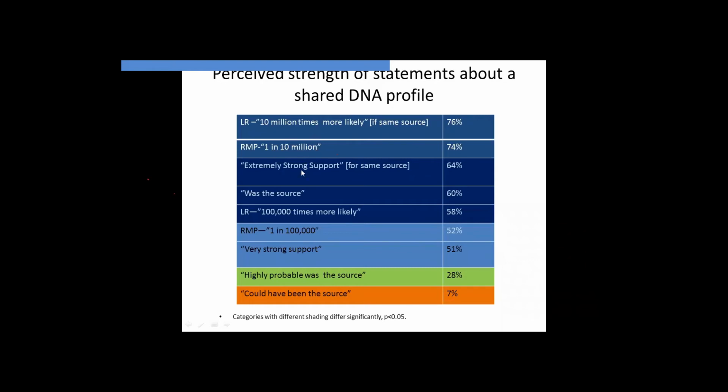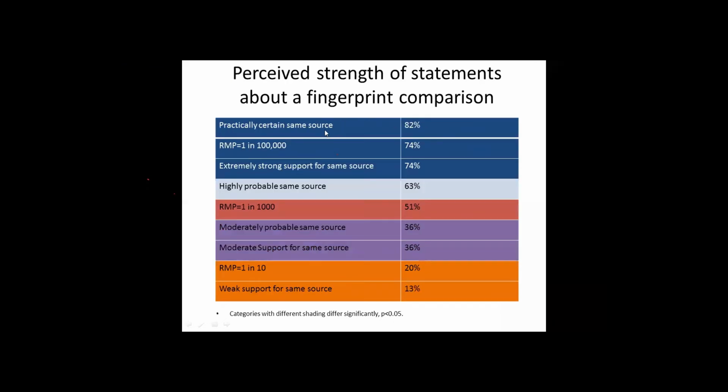It's strong. Extremely strong support, which you could call a verbal likelihood ratio, was up there pretty high, along with was the source and a likelihood ratio of 100,000. Random match probability of 1 in 100,000, very strong support, were a little lower. Highly probable was the source was much lower, and could have been the sources at the bottom. So this shows how statements are ranked. But one thing it suggests is that likelihood ratios, at least when they have big numbers like this, are coming out pretty high. We did a similar study involving fingerprint comparison